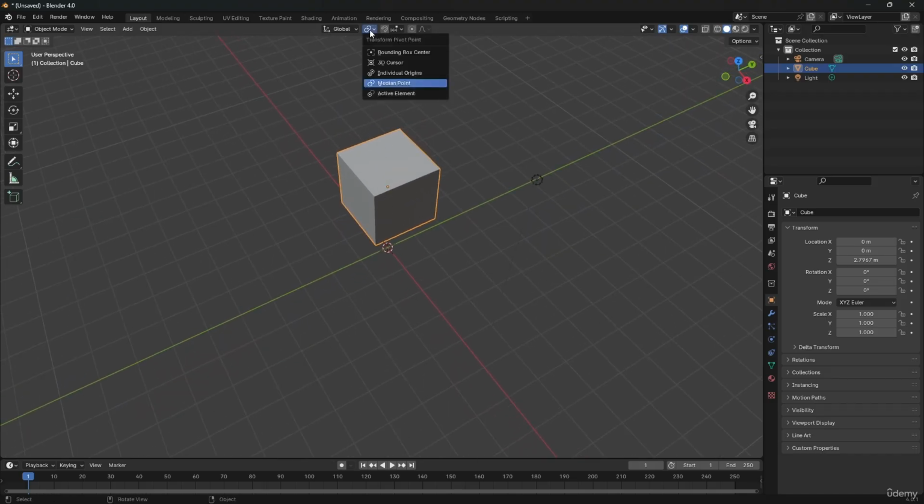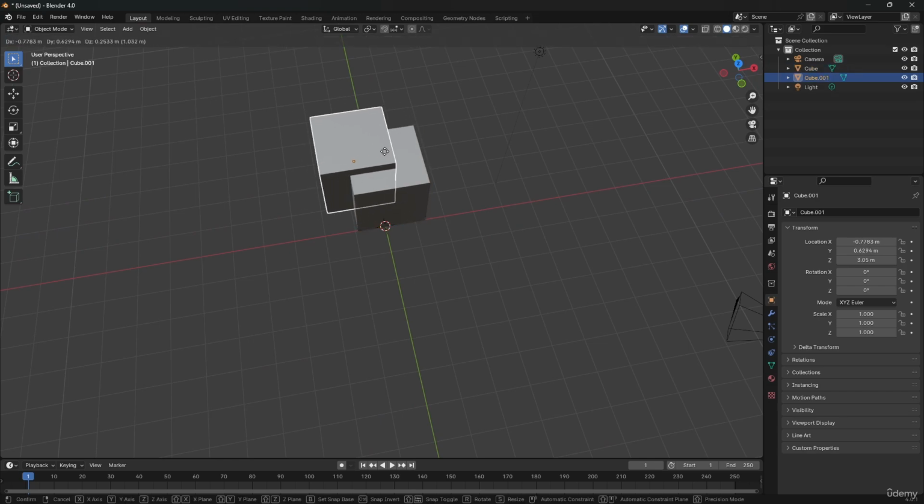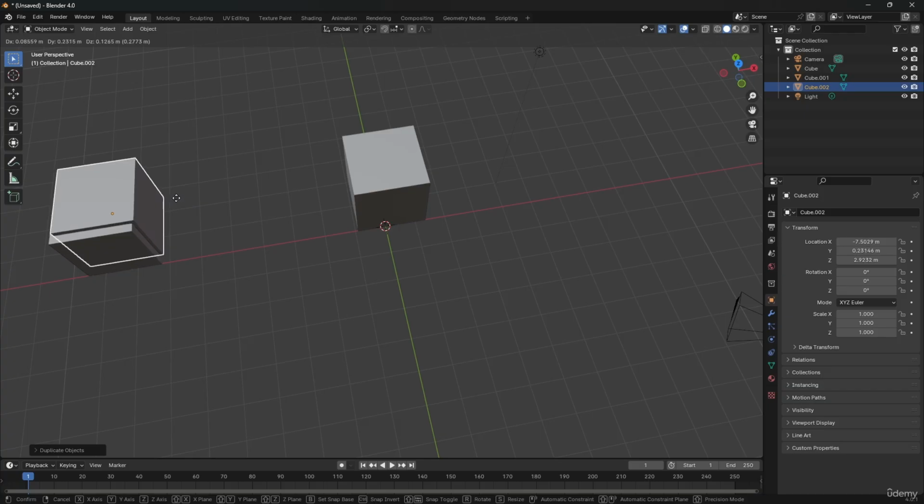So if you click on the second icon on the header, it's our transform pivot point. It lets you change that. By default, you can see it says median point. What it means is that if I create a copy of this by pressing Shift D and move it along the x-axis, and then let's just create a few more copies,